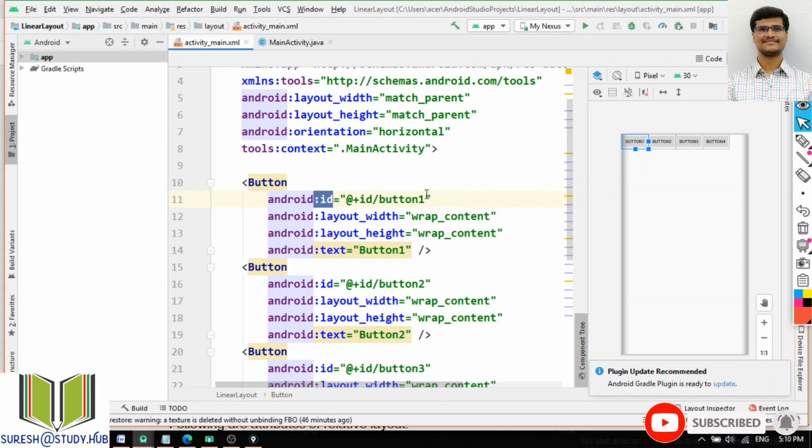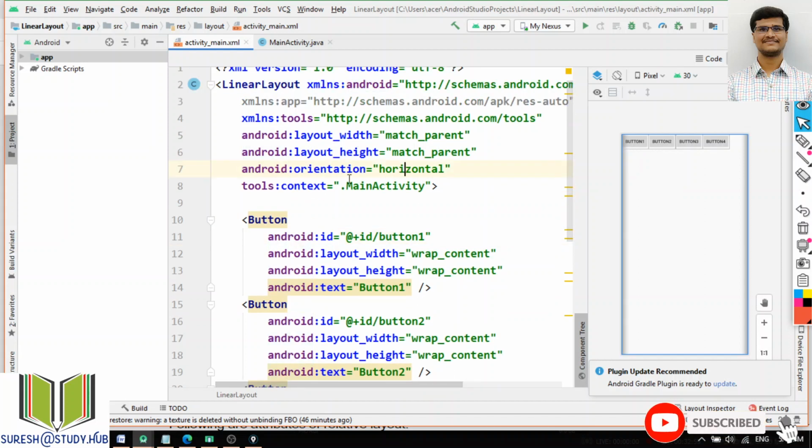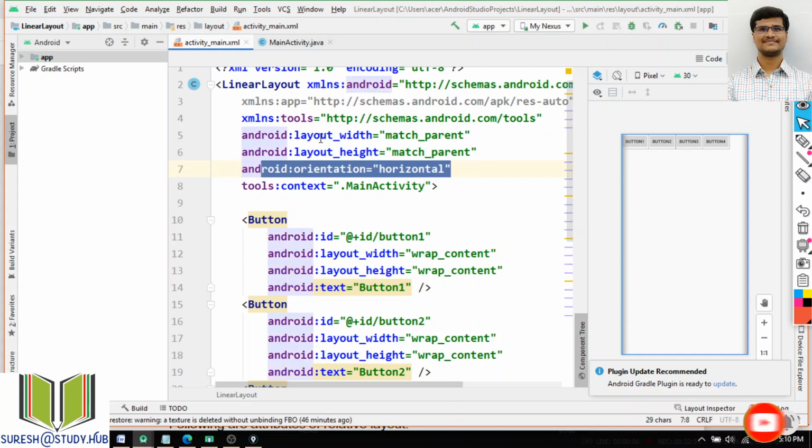Okay, if you want to change it, you can change it to like btn, whatever name you want. Okay, so this is your horizontal. This is a very important property over here. So mostly we will use this layout_width, layout_height for any layout or any user interface elements.